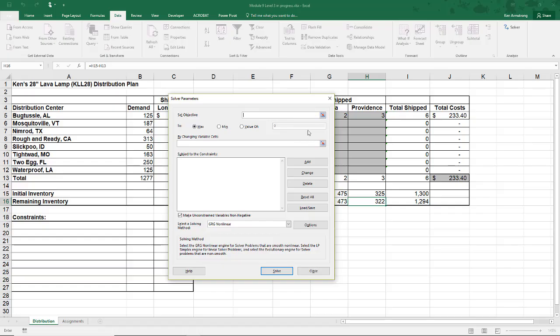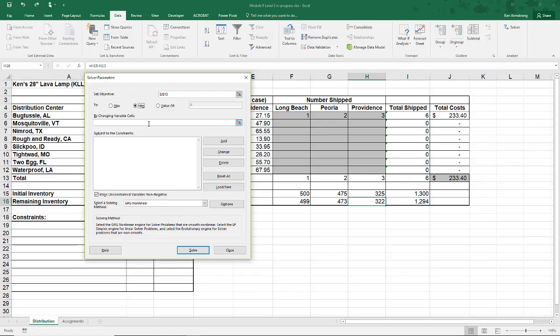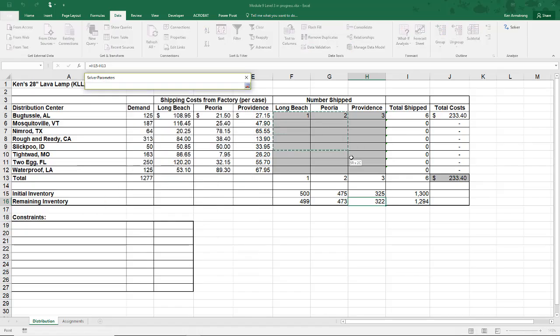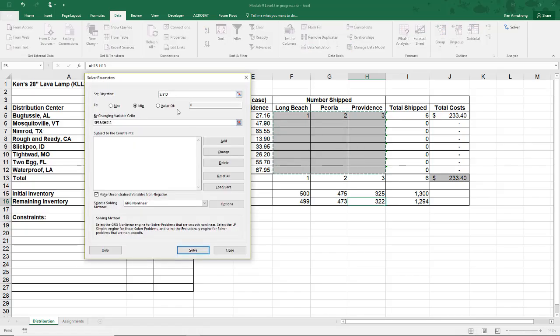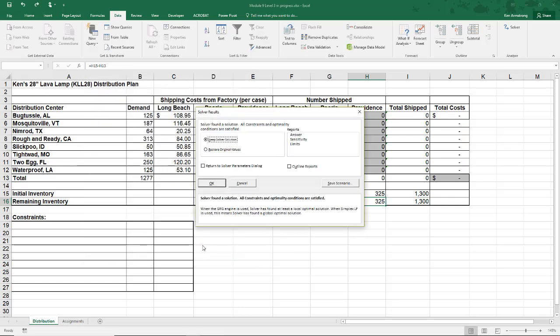If we go up to the data, click on solver, hopefully remember that our objective cell here is J13. Since J13 is a cost, and we want this to be as small as possible, then that means that we want to minimize it. Our changing cells are this range of F5 through H12. And finally, since these are all linear formulas, we want to make sure that we have simplex selected here. If we hit solve now, let's see what we get.